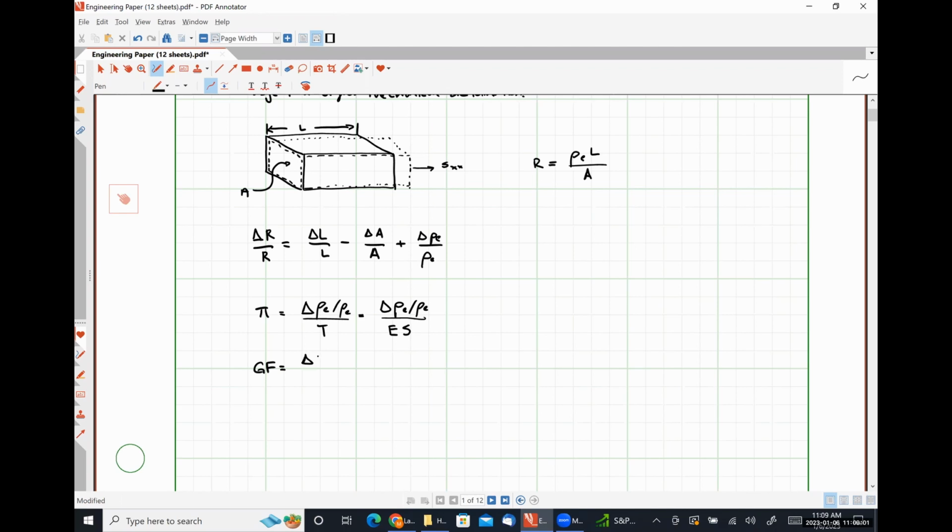So that's going to be the change in resistance divided by resistance over strain, which is change in a lateral dimension over the lateral dimension itself, so delta L over L. And if we substitute in this relationship into our previously developed relationships, we'll find that this is going to look like 1 minus the fractional change in area, divided by the strain,